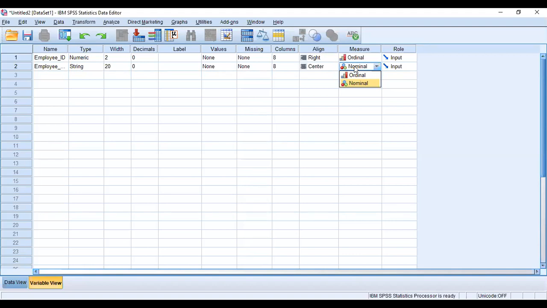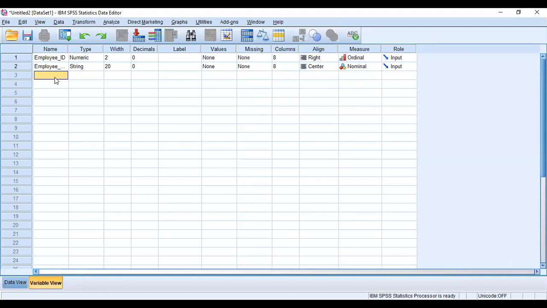So this is a string variable, so we cannot categorize it as a scaled variable. Only we have two options, ordinal and nominal. Choose which option: nominal. There is no order for the names, so we can give it nominal. It's also used as an input.